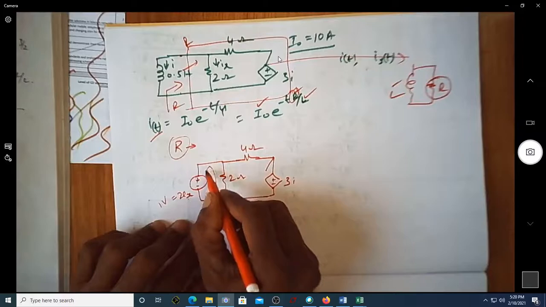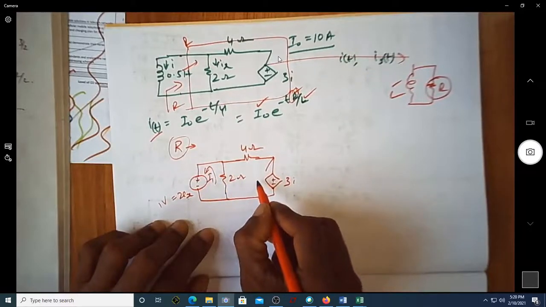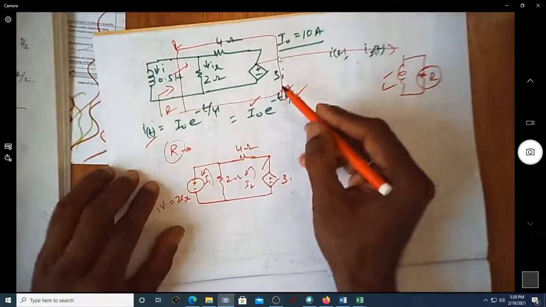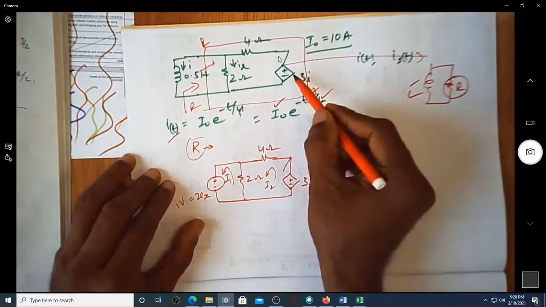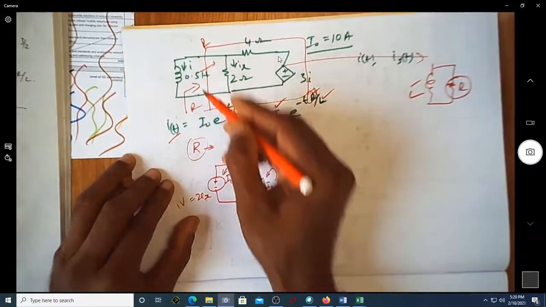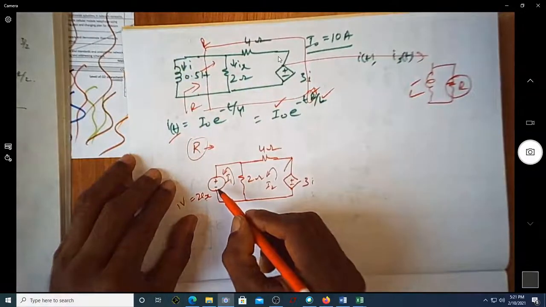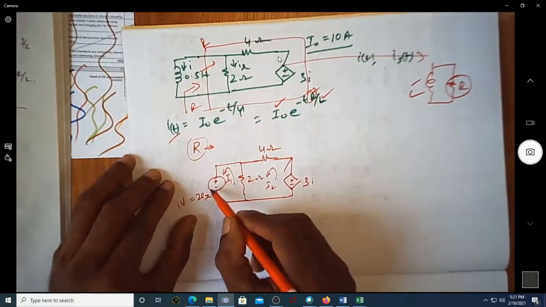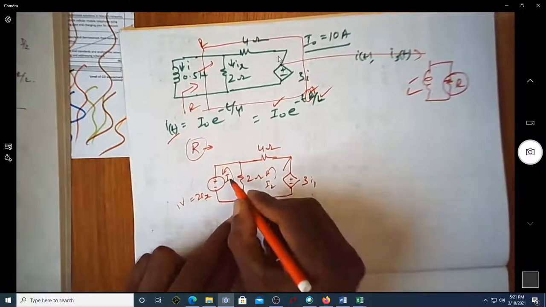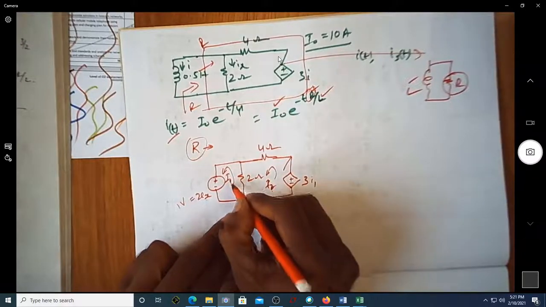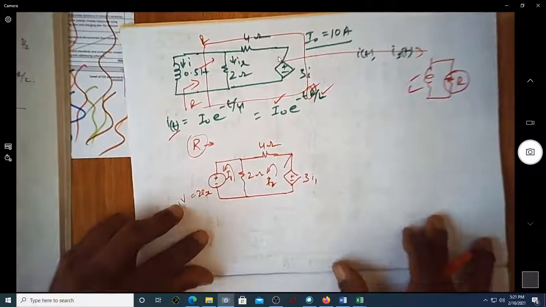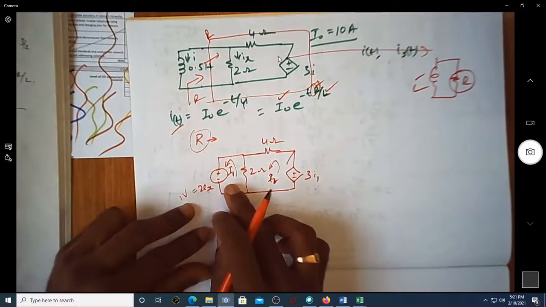Let us consider a current I1 and one more current I2. The magnitude of the dependent source was 3I. Since I have replaced the branch with a known dummy source of 1 volt, instead of I I will write I1. So this is your loop current I1, and this is the second loop current I2. Let us write the KVL for these two loops.